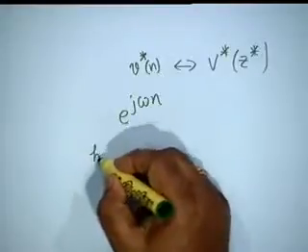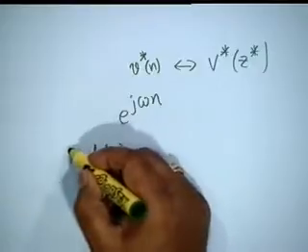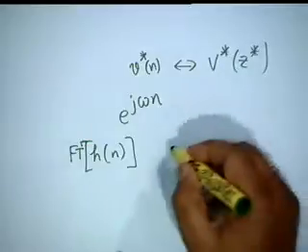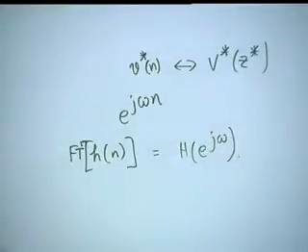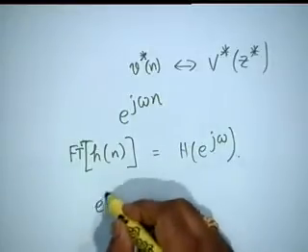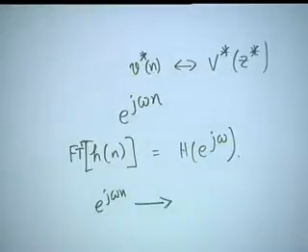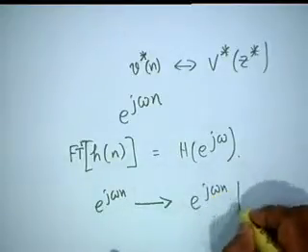In our case, this complex constant was the Fourier transform of h of n, which we denoted by capital H of e to the j omega. Capital H of e to the j omega is a complex constant in such a manner that e to the j omega n fed to an LTI system whose impulse response is h of n is simply e to the j omega n multiplied by